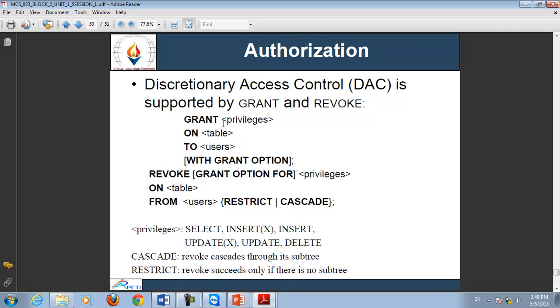You can see the syntax of the grant command, that is grant privileges. Privileges can be select, insert, update and delete, meaning which type of privilege you want to give to a particular user. With the on clause, you have to specify the table name, then to users, meaning the username to whom you want to give the privileges.